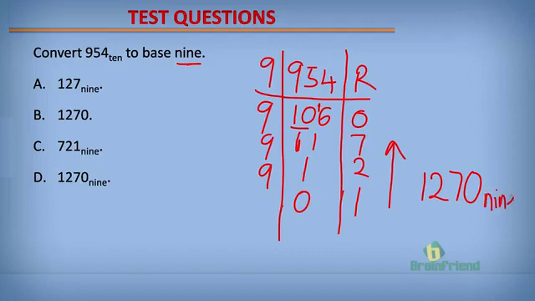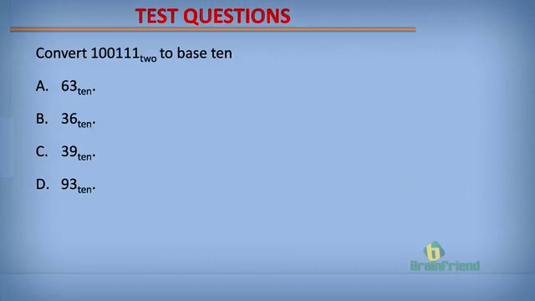Right, 9 here. So option A is incorrect. Option B is incorrect. There's no base here. Option C is also incorrect, and the correct option is option D, 1270 base 9. Test question 2. Convert